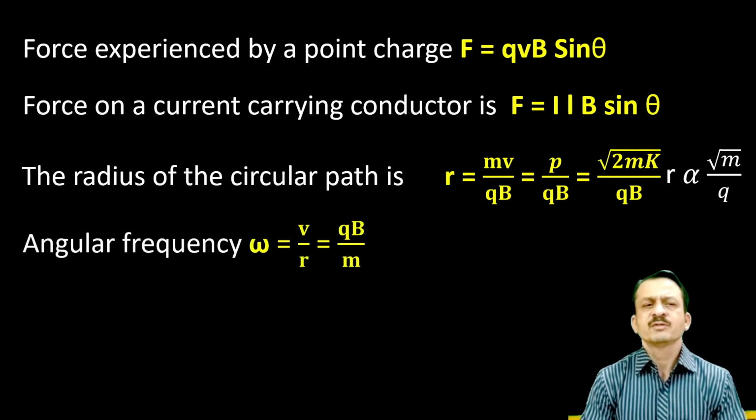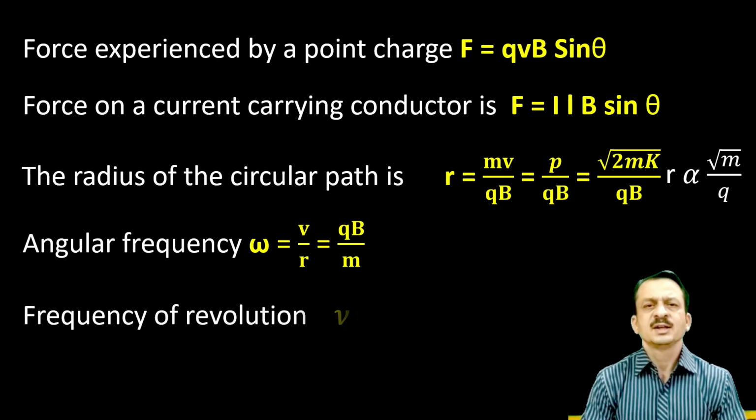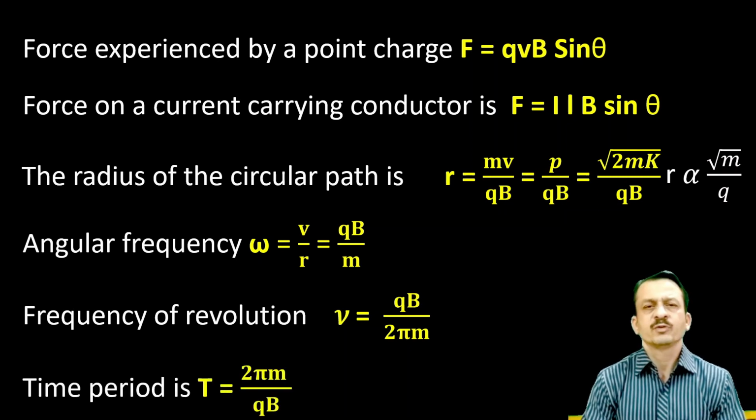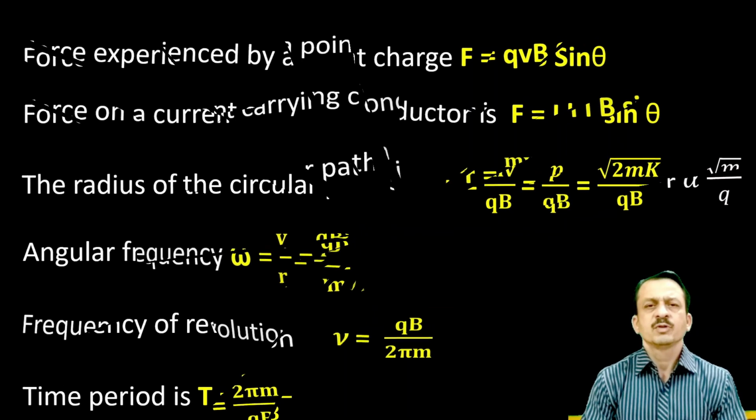And angular frequency is given by omega is equal to V divided by R. From the above formula, we can write it as QB divided by M. Similarly, the linear frequency is given by nu is equal to QB divided by 2 pi M. And if they ask for the time period, we have to take the reciprocal. Therefore, time period T is equal to 2 pi M divided by Q into B. Now, further moving,